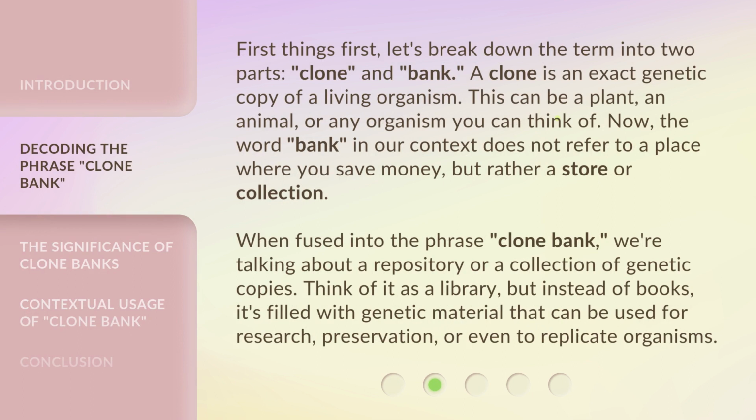First things first, let's break down the term into two parts: clone and bank. A clone is an exact genetic copy of a living organism. This can be a plant, an animal, or any organism you can think of. Now, the word bank, in our context, does not refer to a place where you save money, but rather a